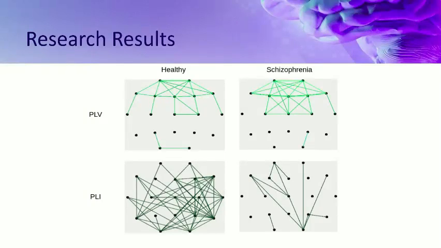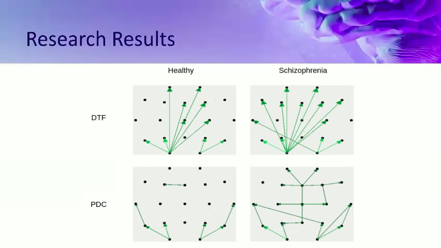So here we have shown group differences for each connectivity measure. These are illustrated in the form of graphs. Only the strongest of the connections are shown. So we can draw many inferences from observing these graphs. Like we can observe some increased synchronization in the frontal brain regions in the case of schizophrenia, as depicted by the PLV measure. And as depicted by the PLI measure, we can observe reduced synchronization in the posterior brain regions in the case of schizophrenia as compared to healthy subjects.